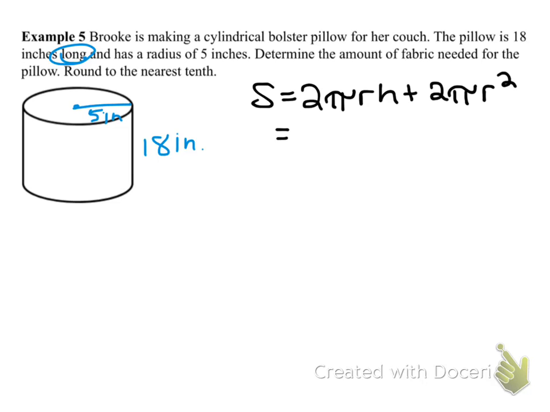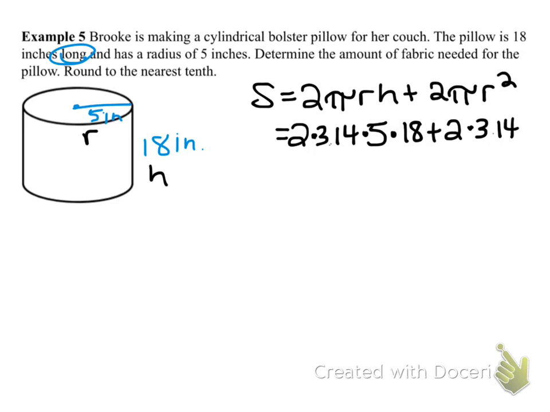So plugging all of that in with the r is 5 and the h is 18. Pretty straightforward here. It looks complicated, but really I think it's easier than prisms. So we have 2 times 3.14 times r, which is 5, times h, which is 18, plus 2 times 3.14 again, times the radius, which is 5, squared. You can plug this in directly, just like you see it, on your calculator. If you want to, you can add up this stuff, or multiply this and add the 2. I like to just put it straight in, make sure I put everything in there correctly. And you get